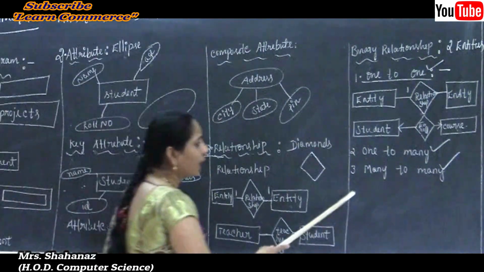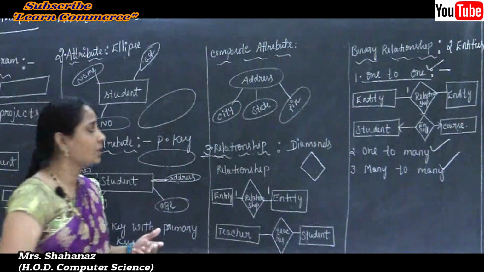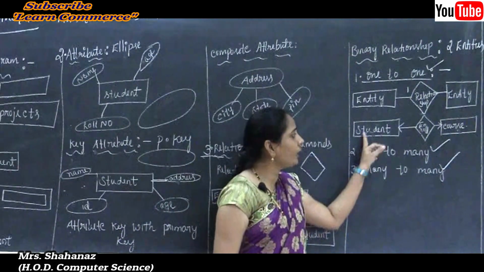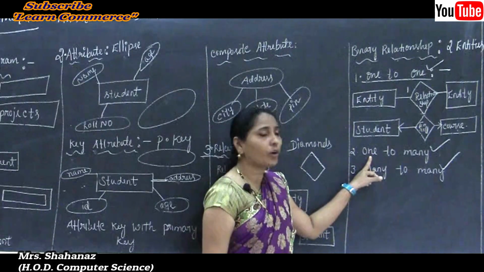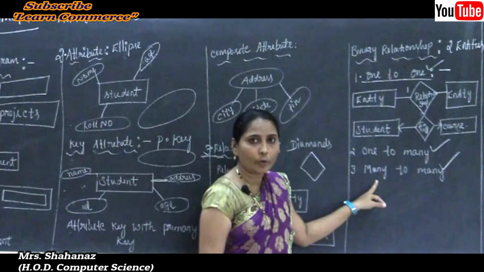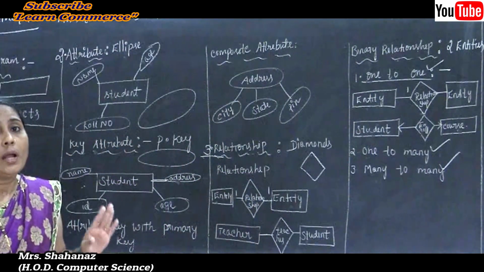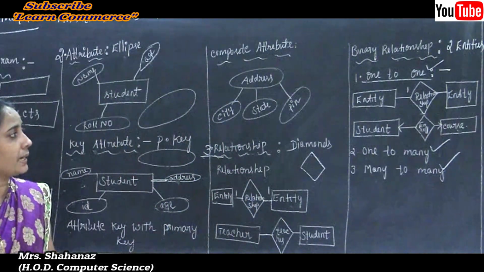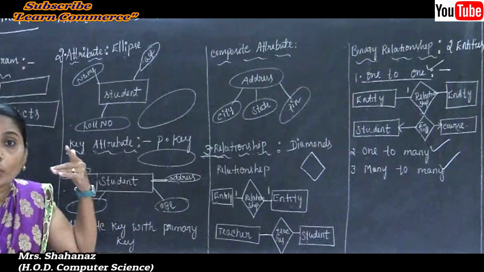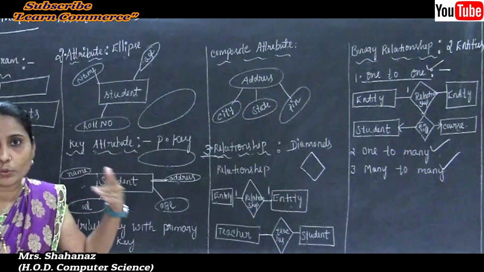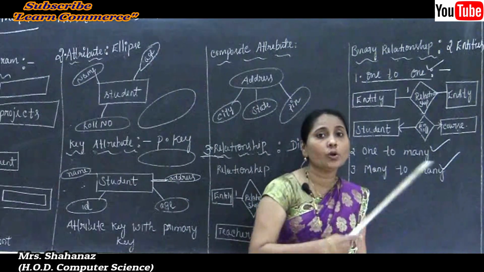And lastly, our many-to-many. The same diagram we can use. The student enrolls course diagram I used for our one-to-one, I used for our one-to-many, and I am also going to use this same diagram for our many-to-many. This diagram represents that many students can enroll for more than one course. That is called the many-to-many.